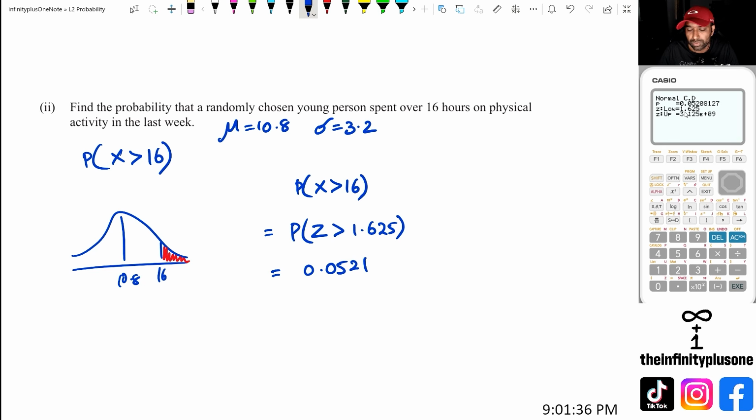So that's just how to do this on the calculator. If you're going to do this the manual way, I will be releasing a probability playlist very shortly. Hopefully I'll link it at the end of this playlist when it does come through. I'll show you how to do this manually as well. But for now, this can be done in the graphics calculator,